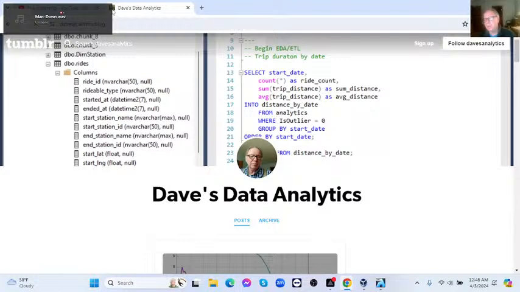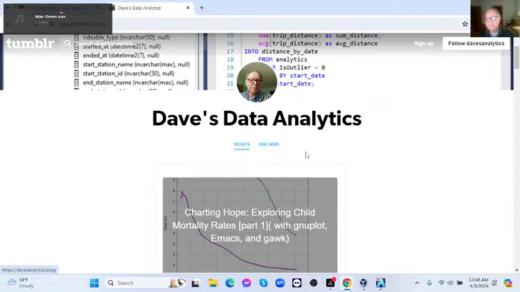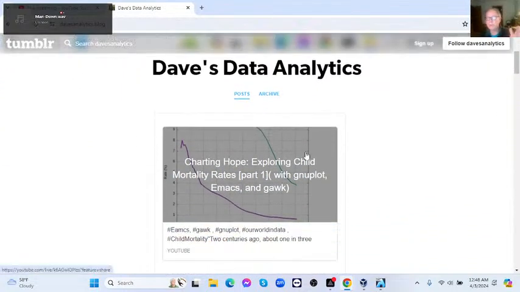Dave's Analytic blog. This is my blog, which is dedicated to gnuplot, and also to these bigger world issues like child mortality and things like that. It also covers things like the day of the year when the cherry blossoms in Japan peak. It has another plot that shows, this may be a surprise to you,